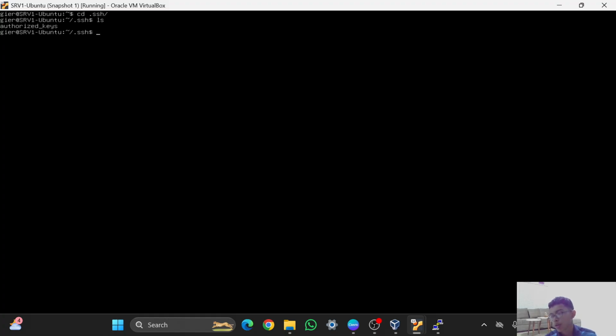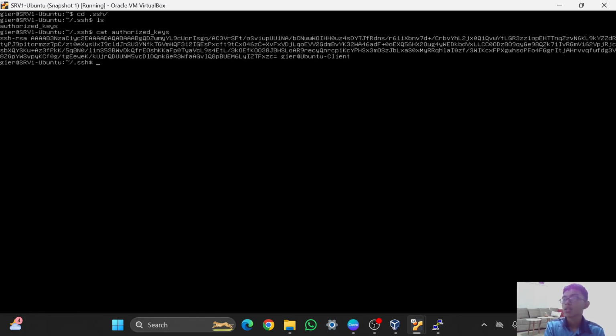What the command is actually doing is copying the id_rsa.pub to the server, and the file that gets copied will be saved in .ssh, as authorized_keys. And if we check using cat and then authorized_keys, here are the authorized keys that have been imported before.